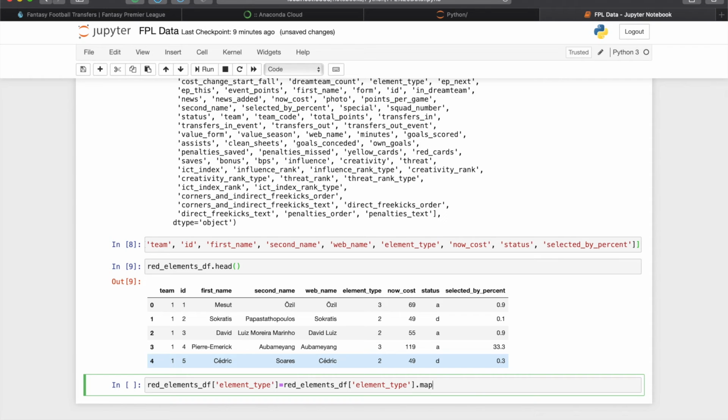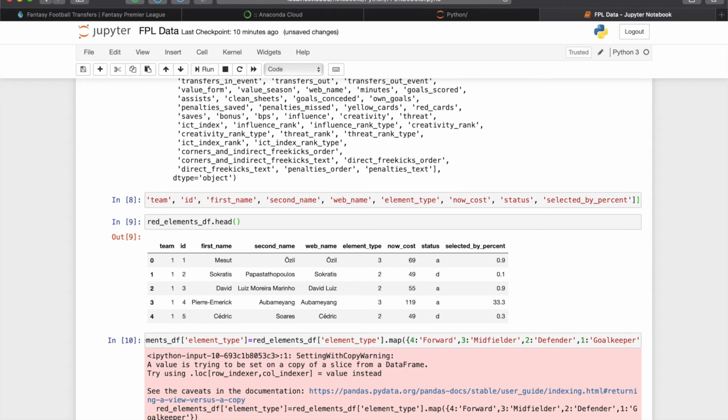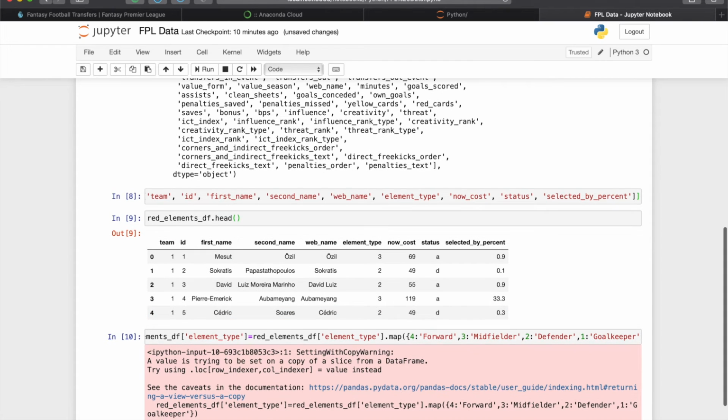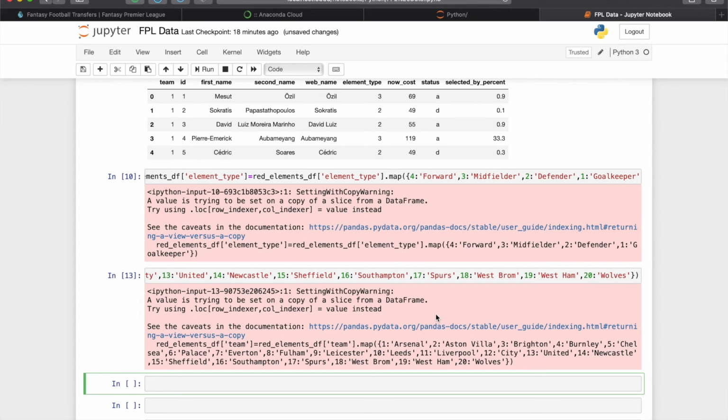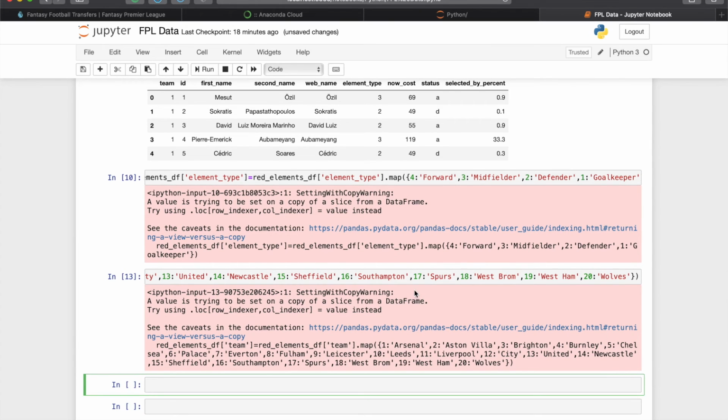Now just map it. So 4 will be equal to forward. Now let's do this for the team IDs. So 1 is your Arsenal. So now we have mapped the team IDs with their actual names.